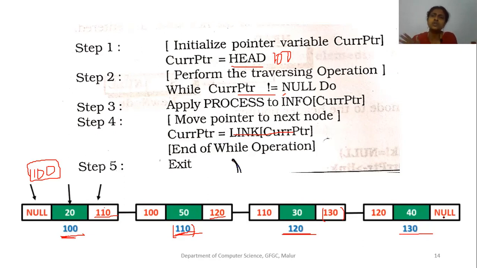Reverse visiting means we need to check in the backward direction. We are not going to confuse ourselves with too many algorithms. We will see only one traversing algorithm, which is based on forward traversing. Okay? So this is how traversing works. That means you will visit all the nodes at least once.